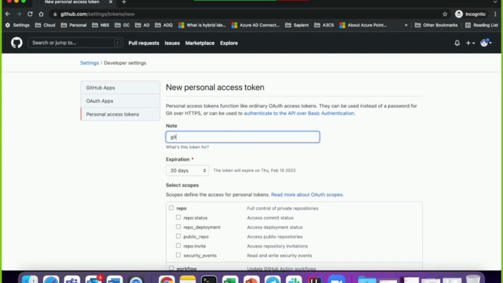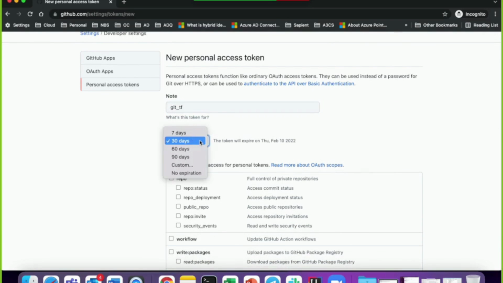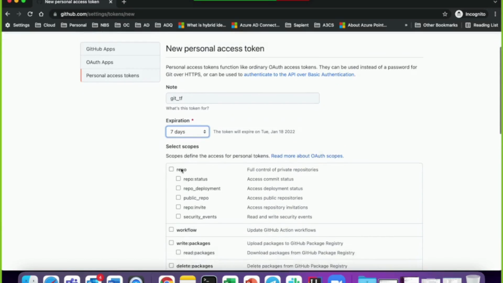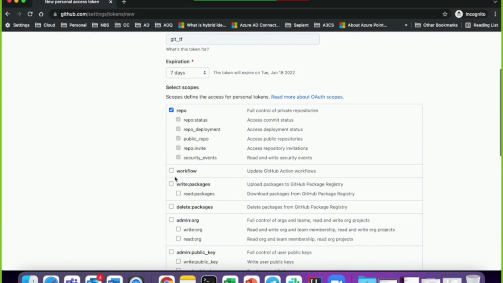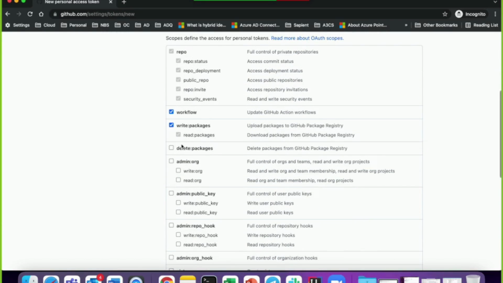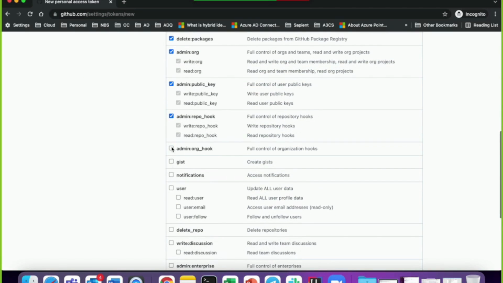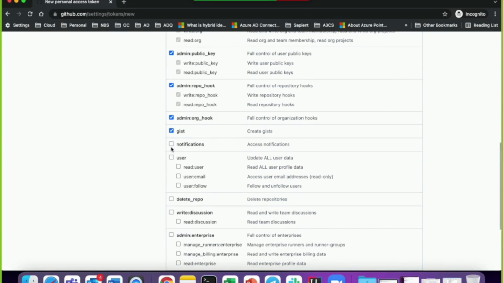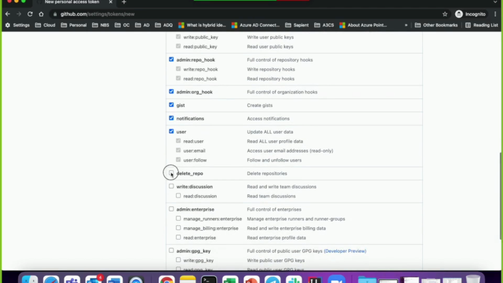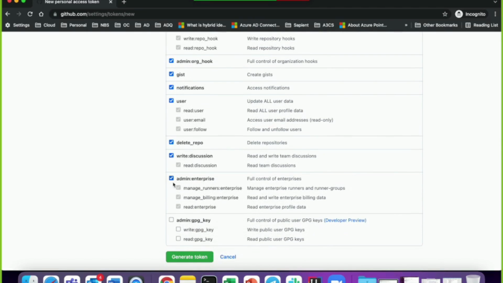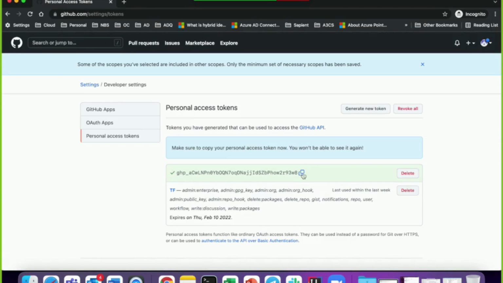I will give a proper meaningful name, I'll say git TF. I will give it for 7 days, and you can give whatever access you want to give. This is credentials basically, authentication. Once I create a token, this will give me a token.